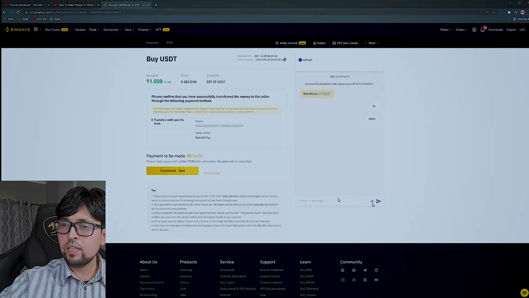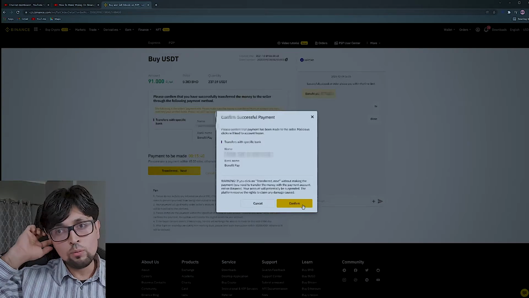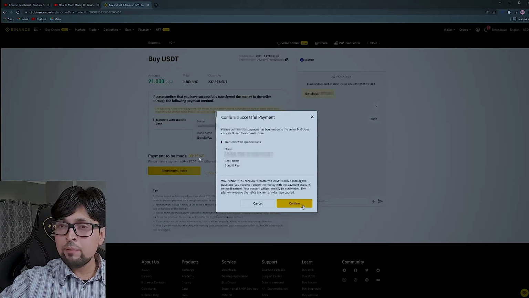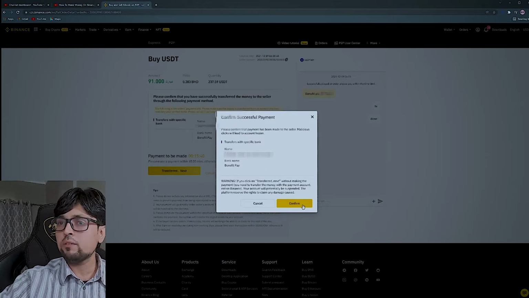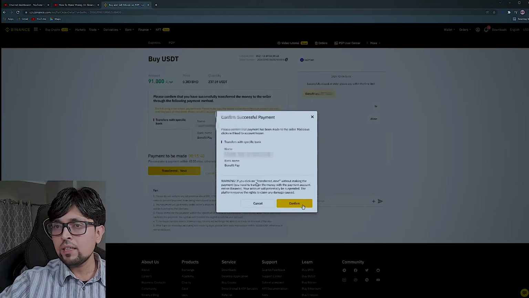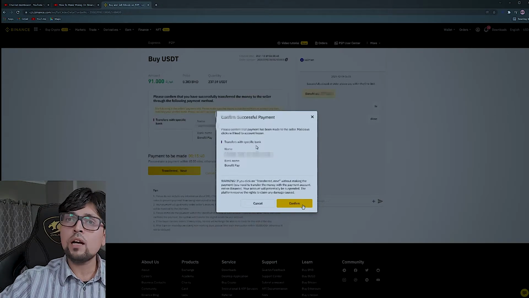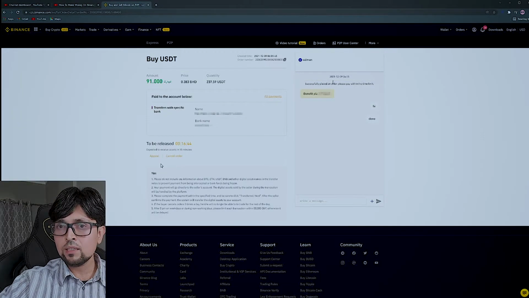And I have sent him a message that I had already sent you, but I have not sent it yet, and he will definitely not send to me unless he sees it in his account. I will click on transfer next. What it's asking me is that I am confirming that I have done the successful payment, because with a payment time of 30 minutes I would feel I have more time available. With 15 minutes, I am actually not very convinced. So I keep my account ready and everything is open. You can see over here the details that once you confirm, that means I am confirming to Binance that I have done the payment. As soon as it's confirmed next, now I have an appeal option.